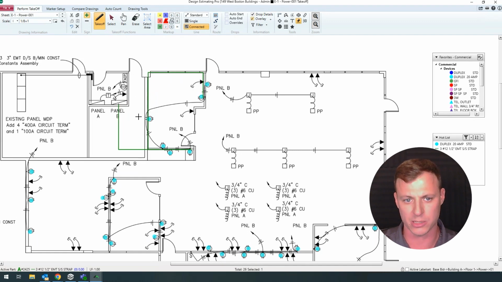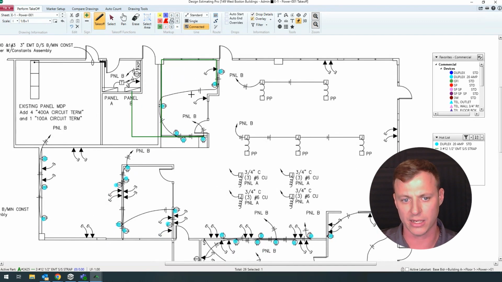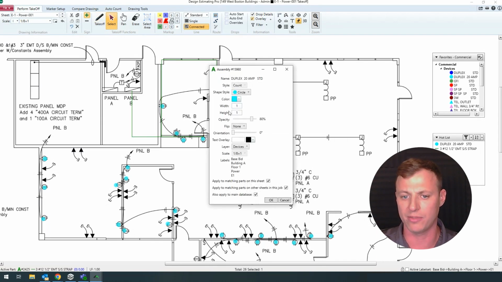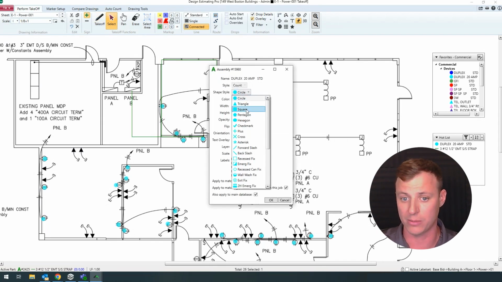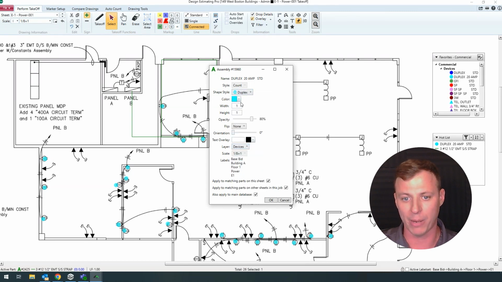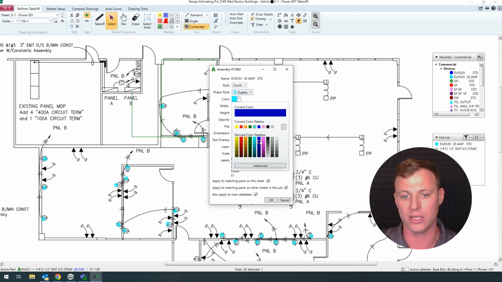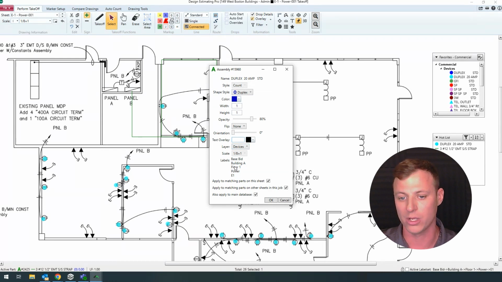So I can hit my space bar. That just toggles me over to select. And I can come in here. I can change the shape style. Very helpful for the design build side. We do have the design build aspect to the program. So I can make it look more like a duplex. Maybe I want to change the color, make it darker, change the opacity, do a text overlay, and then you can do it for this sheet, all the sheets for this job, or the entire database moving forward. So it gives you full